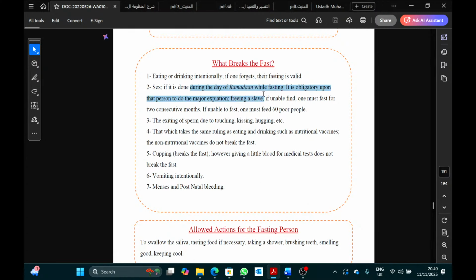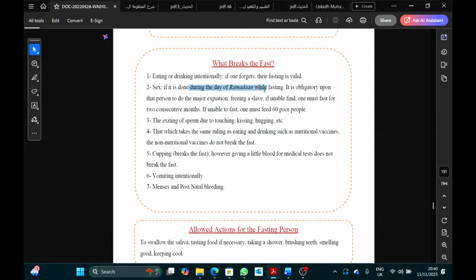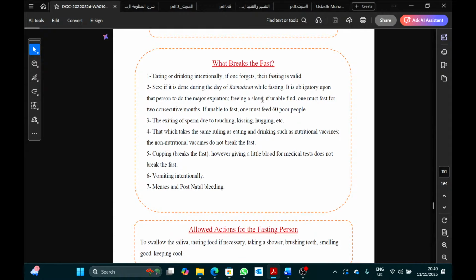Intercourse. For all of them, if you break your fast, you should do tawbah, and you make up that fast. But with intercourse in Ramadan, this one's a very severe sin. This one has a special expiation that you make up, which is, the first thing that you do, it's not a choice, in order: you free a slave. If there's no slaves available, which in this time you can't, then you, what's the word?